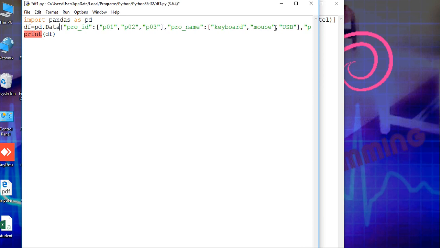Okay, firstly you create a dictionary called product. Then df is equal to pd dot DataFrame, use here product.